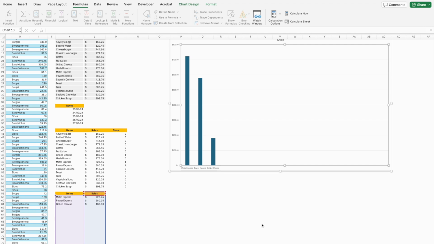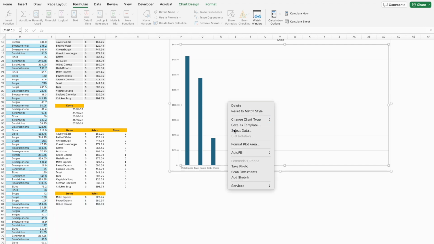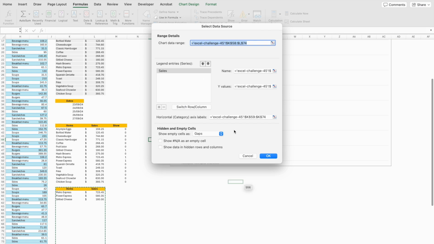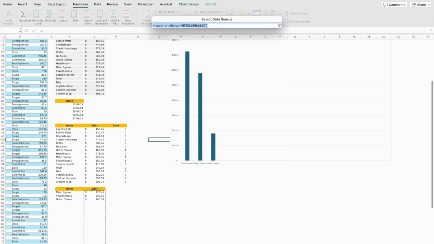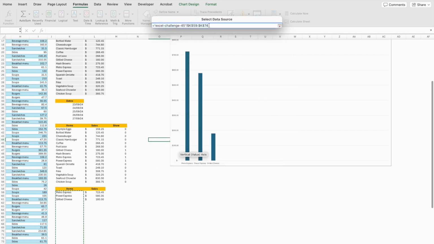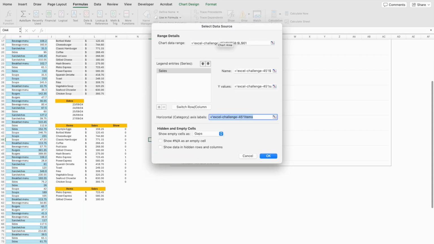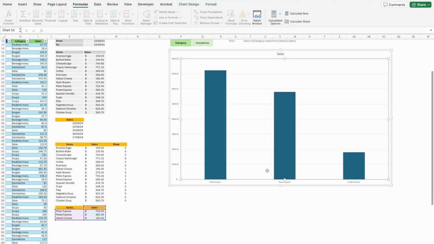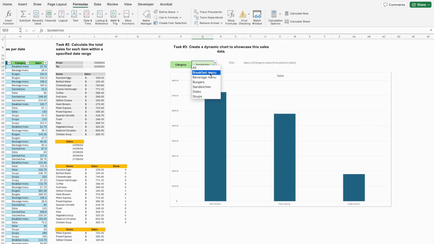Now we need to update this info on our chart. So let's go back to Select Data. And let's go to Y values first. We just need to replace this last bit, which is currently a fixed range, with our sales tag. Great. We'll do the same for our X values and replace them with items. And that's done. You can now see our chart adapts beautifully, depending on the number of items each category has,